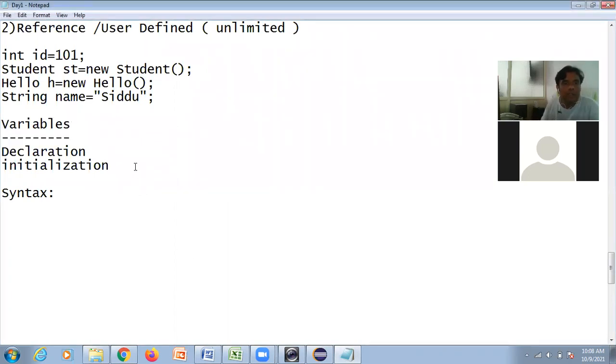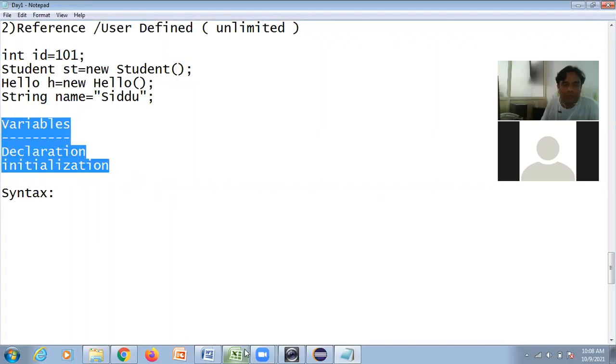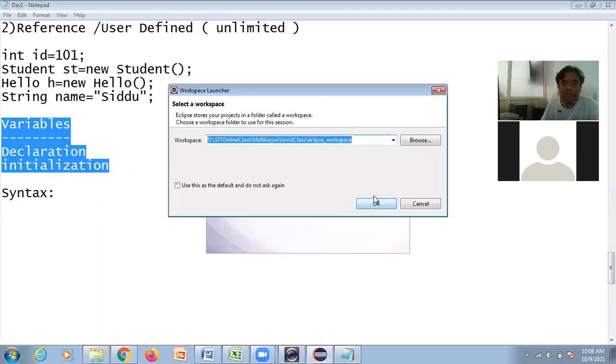Declaration, initialization, and we have explored various types of